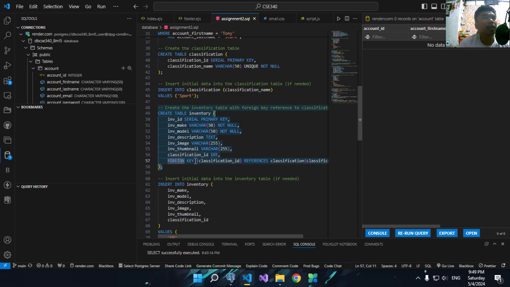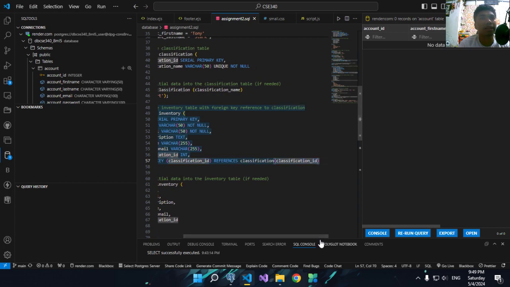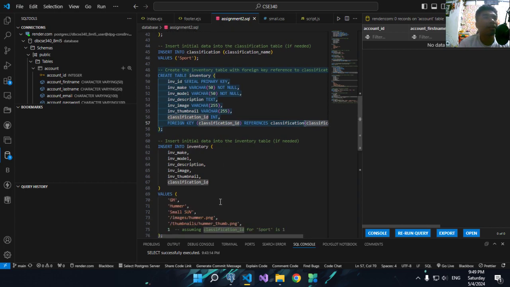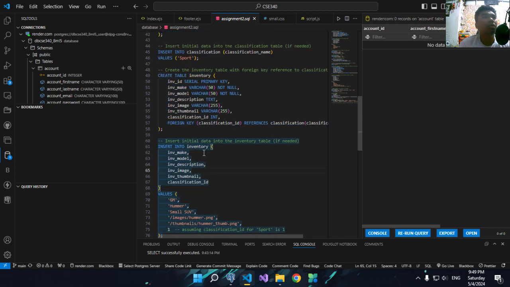And after that is foreign key. Classification references the table of classification. After that is the identification. So we will step on to inventory.